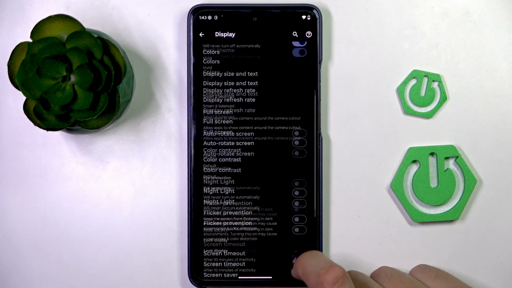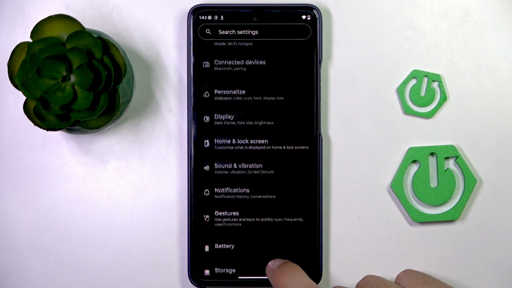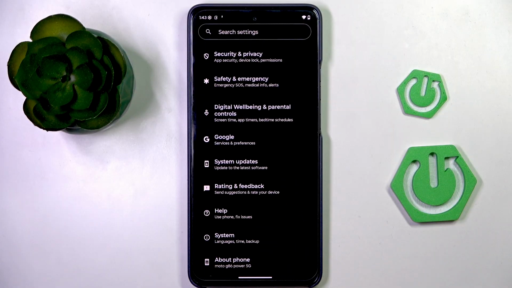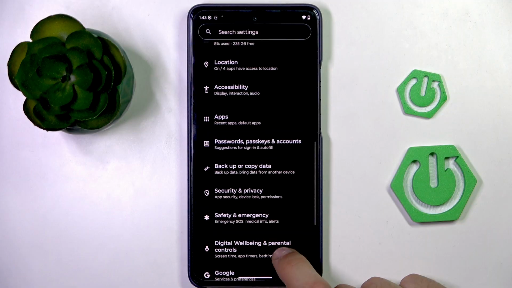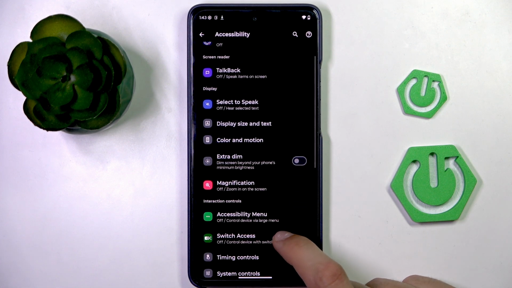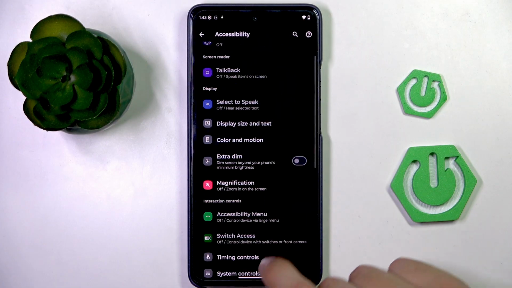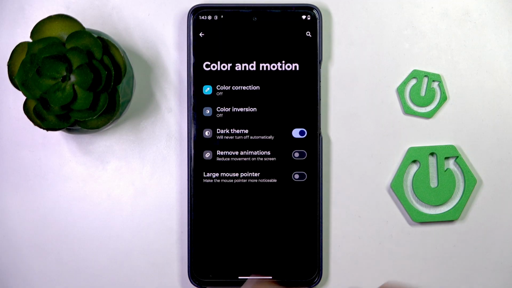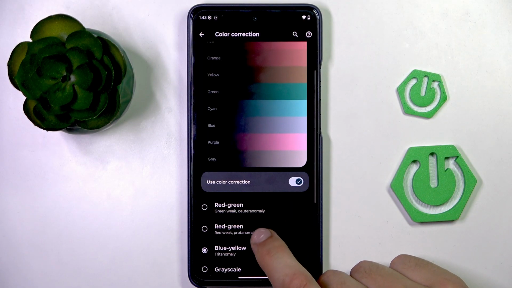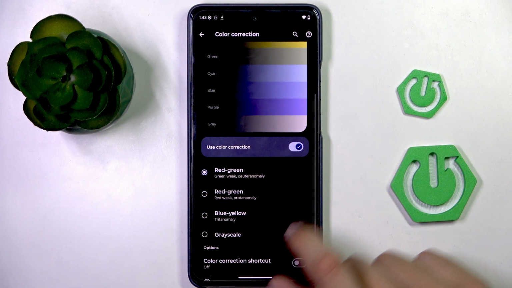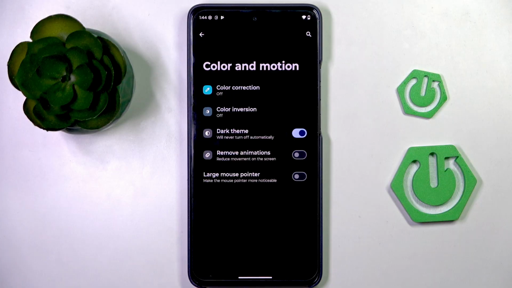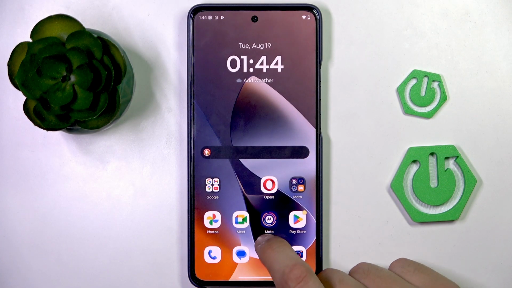You can also try to look into accessibility, which should be visible right here, and you can look again at display size and text, color and motion to, for example, turn on color correction if you have color problems. You can remove animations, which will